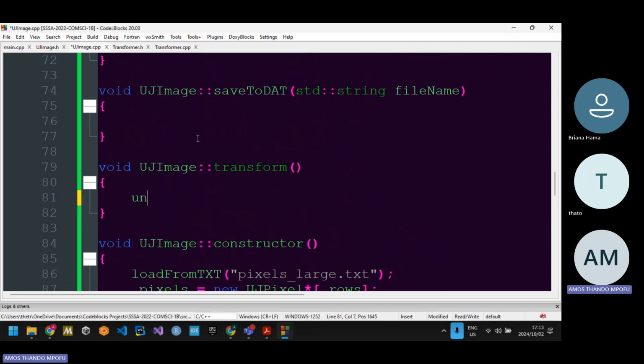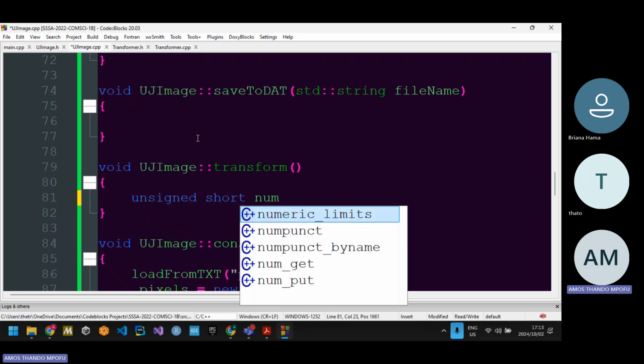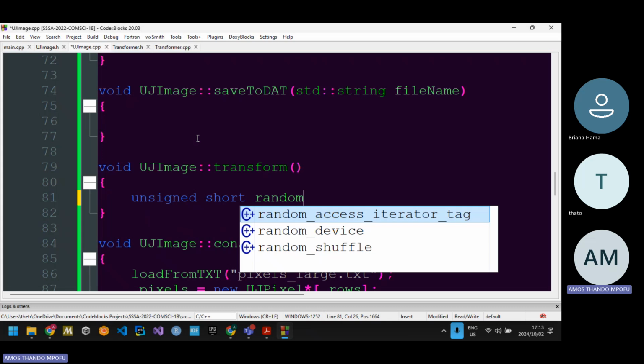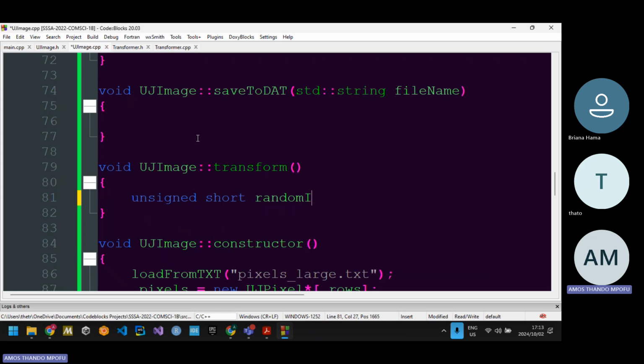So I'm gonna create a random integer. So unsigned short int, or just short num. Let me call it num or x, whatever you want to call it. Or random int. So let me call it random int, right? For random integer. Then if I generate a random integer, but remember it's in the standard namespace,